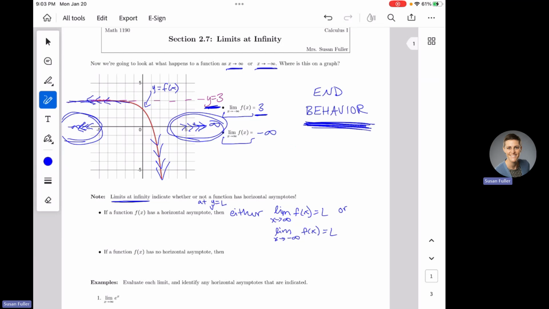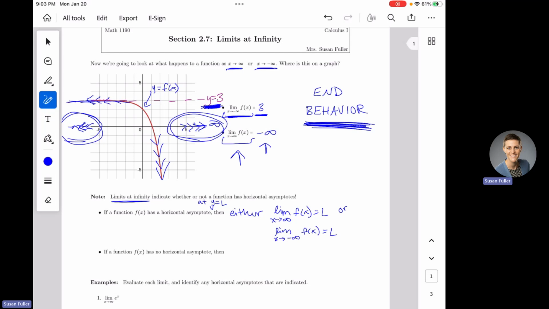But even if just one is, so like here at this graph up here, notice the limit as x went to negative infinity of my function was 3. So y equals 3 is an asymptote, even though the other side wasn't also 3. As long as one of these limits is a number, y equals a number, that's a horizontal asymptote. So if either the limit as x goes to infinity or negative infinity gives you a number, then y equals that number is a horizontal asymptote. That's how you know you have a horizontal asymptote.